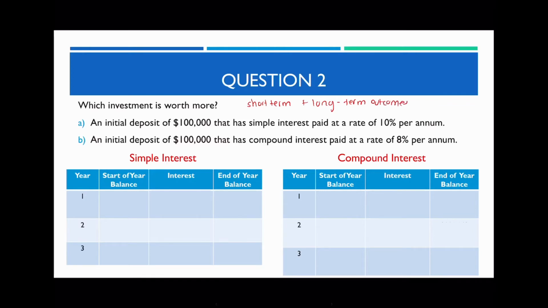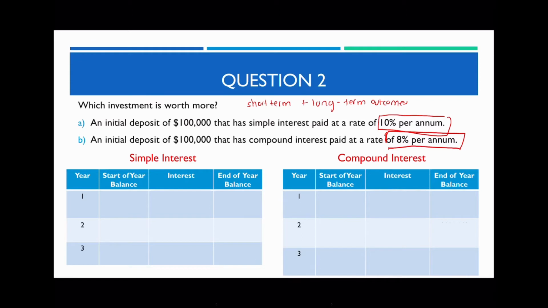So you need to think about these two outcomes over here, but also I need you all to please pay attention to the interest rate provided in both scenarios. For simple interest, you're going to receive a higher interest rate. So in this question, you got 10%, whereas the one that earns compound interest, you're going to be earning 8% per annum. So when interest rates are different, I want you to think again, both short-term and long-term,